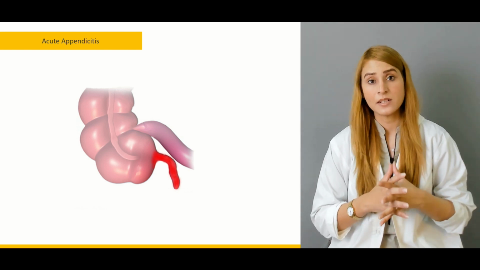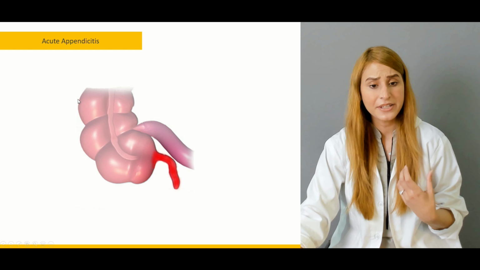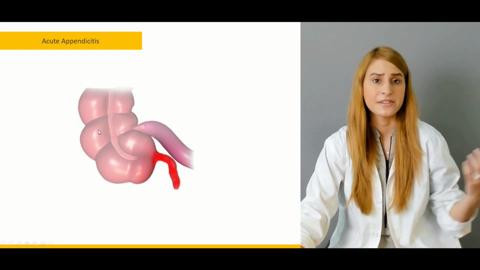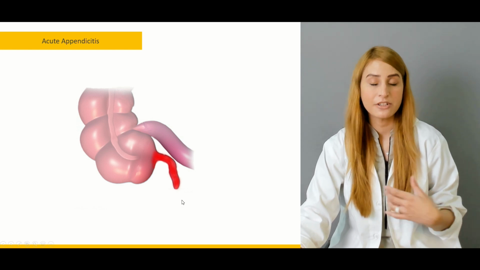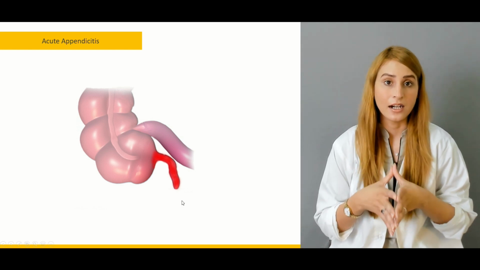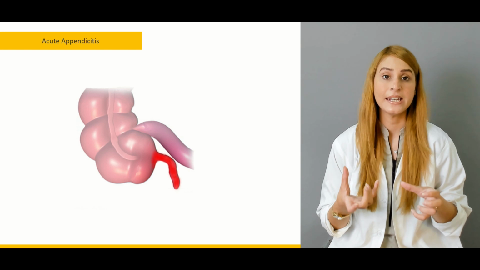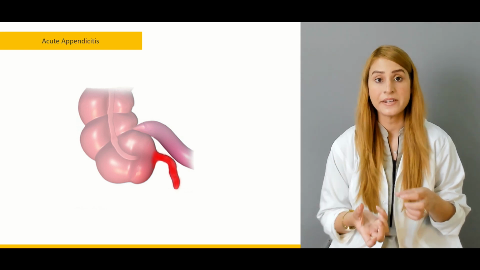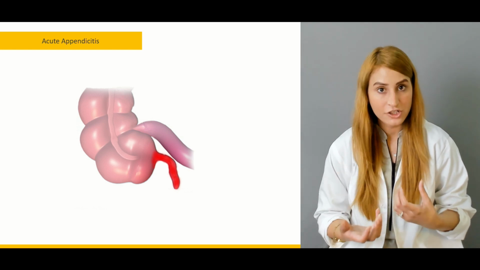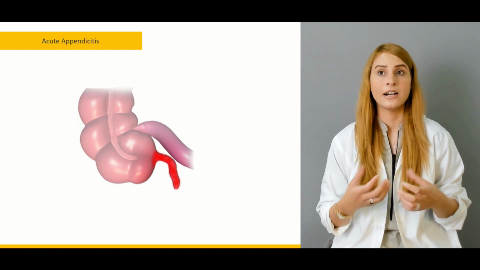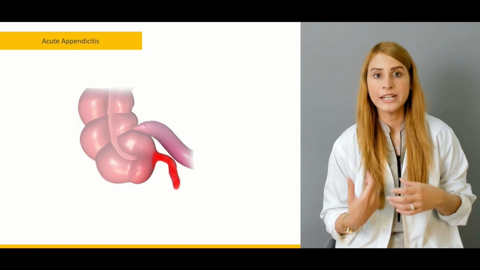But sometimes, whenever there is some kind of stool impaction in the cecum, some of the Faecolith comes into the appendix, and because it's a blind-ended tube and it has a very narrow lumen, it leads to infection and inflammation, and obviously whenever there's a Faecolith or